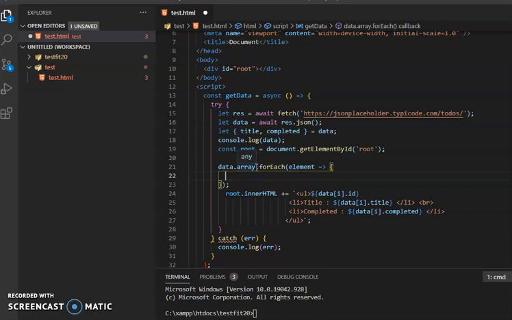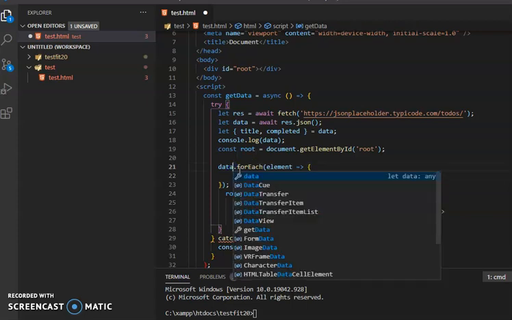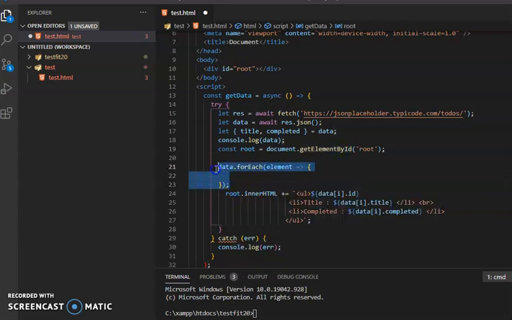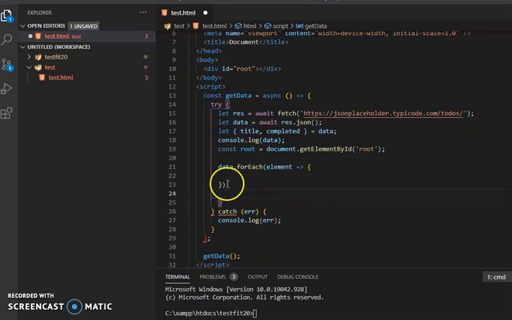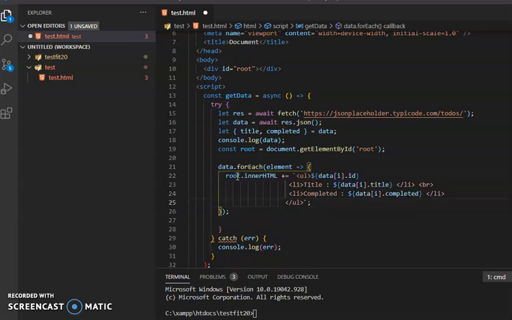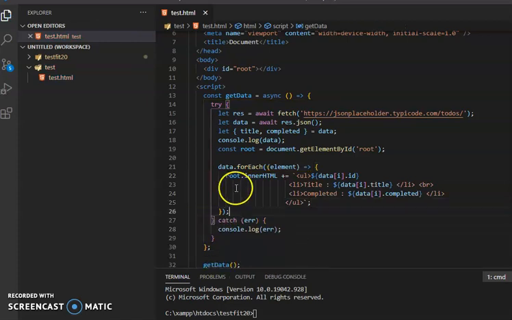We don't need the array here. This is the function, and we put the code inside it. We don't need this one. So this is the forEach, and this is the element. Compared to the for loop,